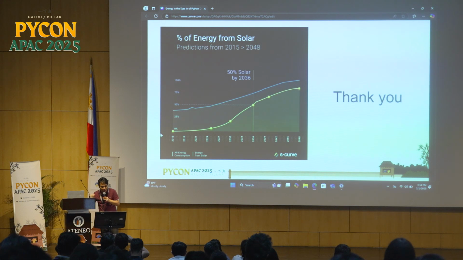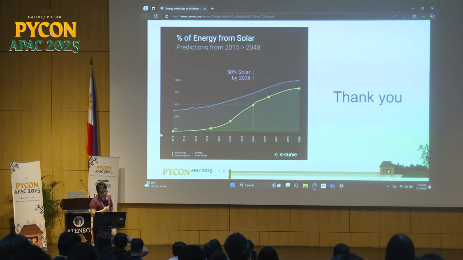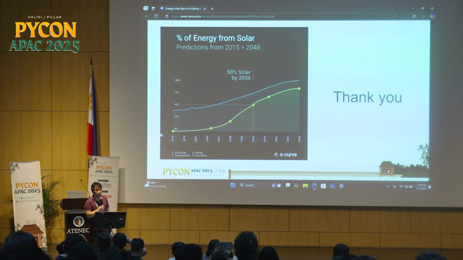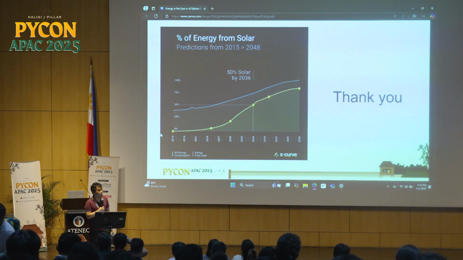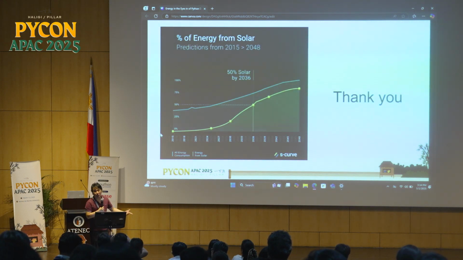So, yeah, I'm just going to leave this final slide here. This is the S-curve. It was just recently published, I think, a month ago, wherein by 2036, there's a projection that 50% of energy production or consumption will be powered by solar. So there's still going to be traditional sources of energy from oil and gas, from other renewables, but 50% of it will be powered by solar because it's cheaper, it's easy to deploy, you don't need big turbines and so on. It's now going to be a more decentralized way of thinking because you can now put your solar panels on top, right?